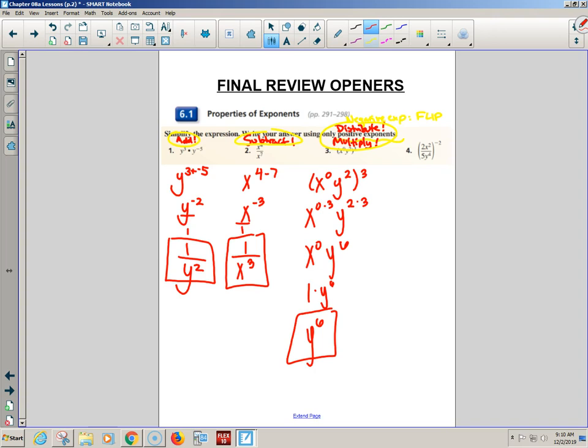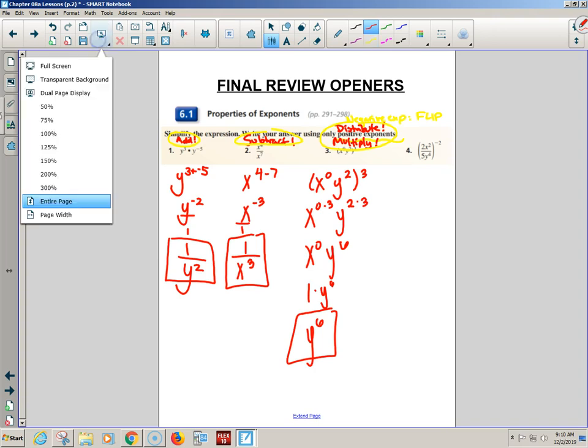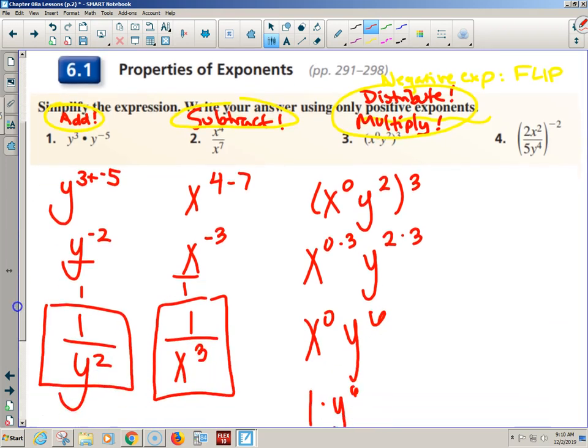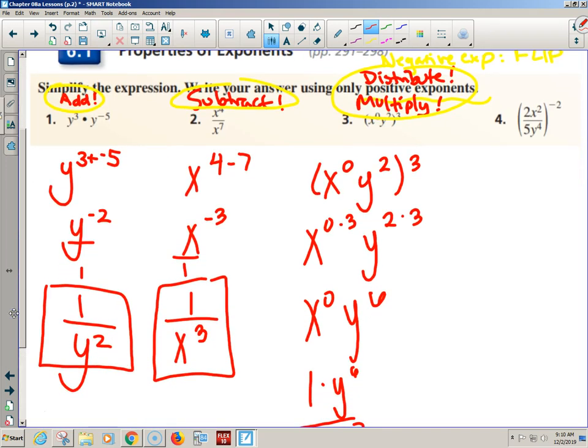Yeah, good. Now, number 4, guys, is the grand old big mama problem that's messy. So let me just zoom in. We're not going to necessarily write hints. We're just going to see if we can try it step by step. Number 4 is kind of like a boss. If you can do this one, you can do anything. So if we were to go ahead and bring this in,